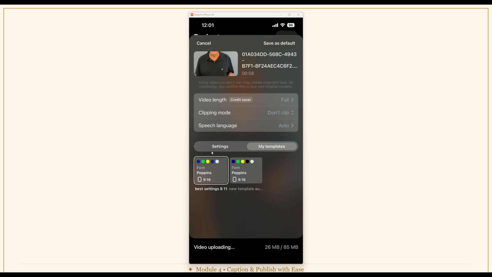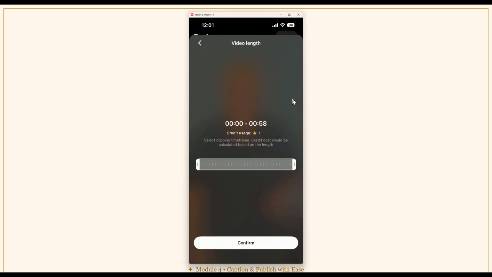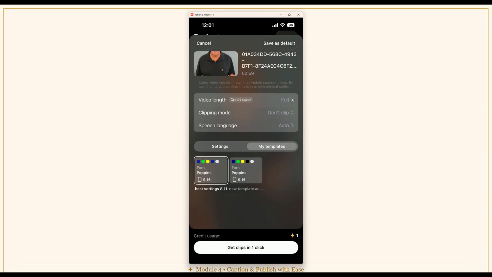Now, we need to complete a few more things before we can actually start working on the Opus Clip on desktop. So let's look, first of all, this section in the middle is very important. Video length is full length, which means I'm not trying to do any clipping. I could, if I was doing a long clipping, I might want to take the front and back off of it, but this is not necessary for what we're doing. And then don't clip is the one we're going to use,